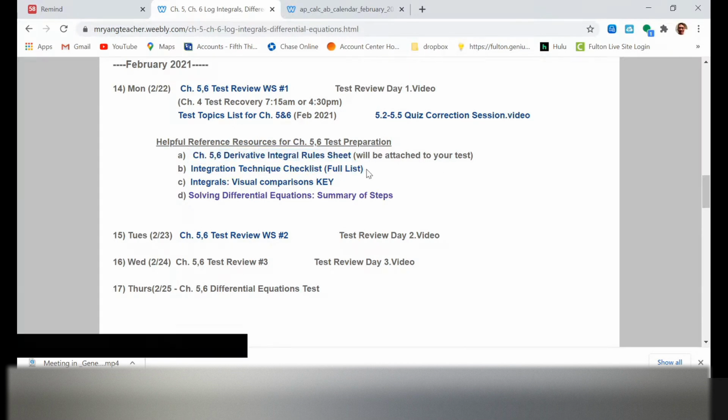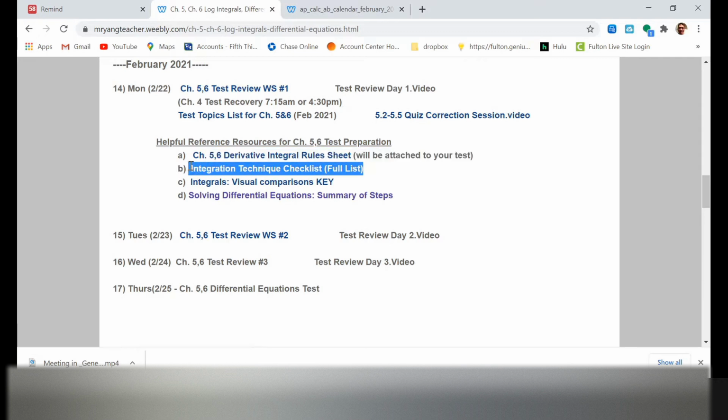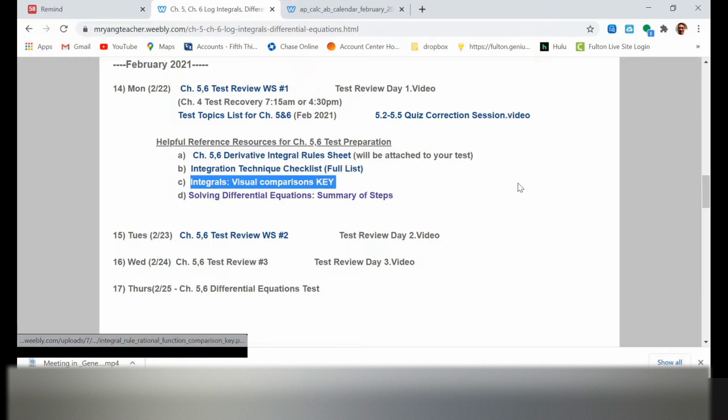Integration technique checklist. The full list is here. That means I included the 5.7 with methods involving inverse trig integrals. So just being able to organize your checklist so that you know to look for expansion, power rule first. If that doesn't work, then use substitution, then change a variable, then is it long division, is it synthetic division, is it inverse trig? So I just organized it all under one document with a checklist. I also made integrals visual comparison